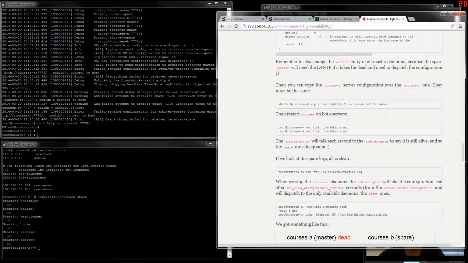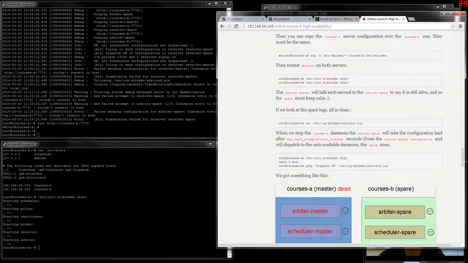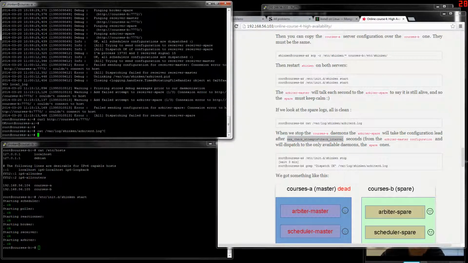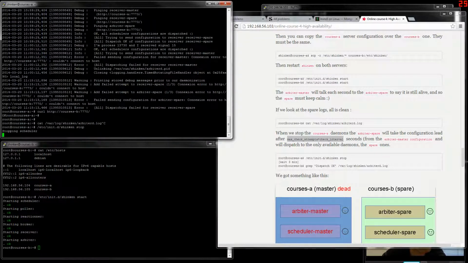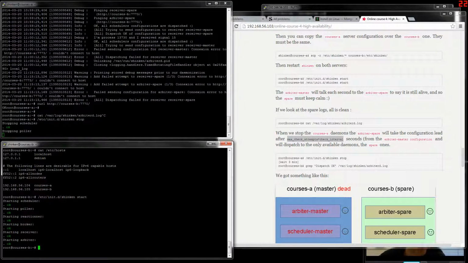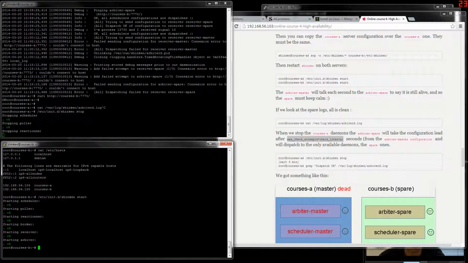It can even take 3 minutes, because it takes the arbiter master configuration: the max check attempts and the check interval, and by default this gives us 3 minutes. So we stop the master, and we wait for the spare to take the job. So let's wait a bit.